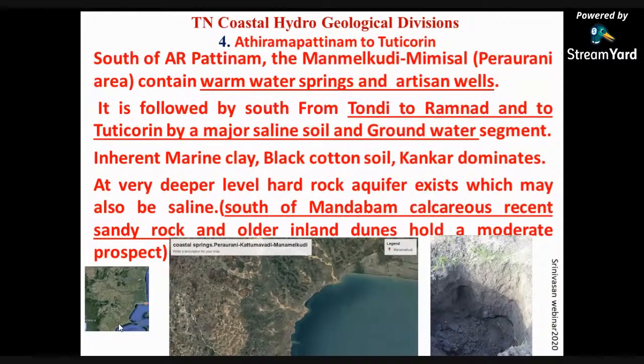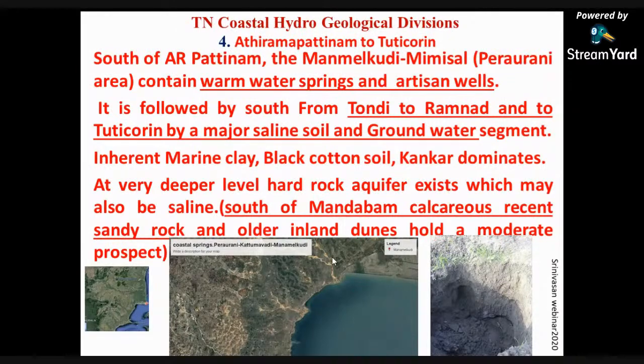Tamil Nadu coast, how is it hydrogeologically? What is the groundwater potential? It is on a fourth segment. It is certainly different from the deltaic situation. It is different from the Chennai type of situation. But immediately down south of Adirampatnam you get some warm water springs, artesian wells. Water flows automatically also. So in this map you see, the satellite Google map I am showing,